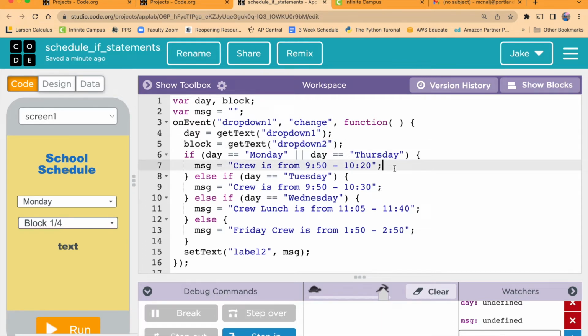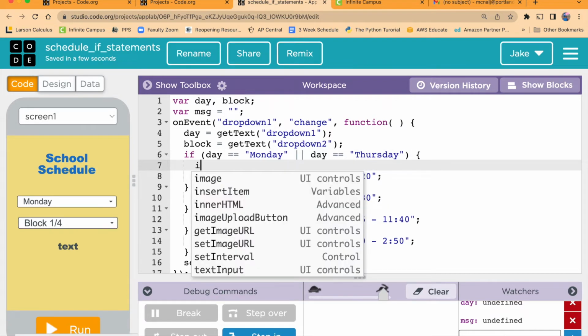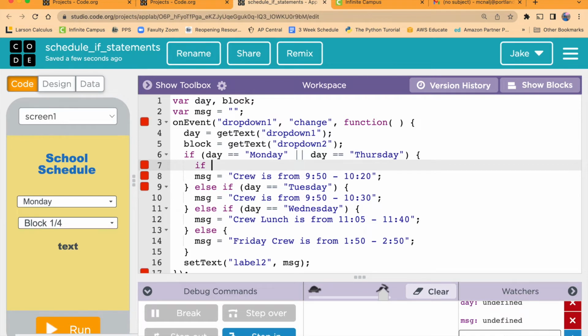And now how are we going to handle that? So if the day is Monday, inside of our if statement for Monday, instead of just setting the message to crew is from 9:50 to 10:20, we have to do another if statement. We're going to do a nested if statement. So if block is the same as block 1/4,